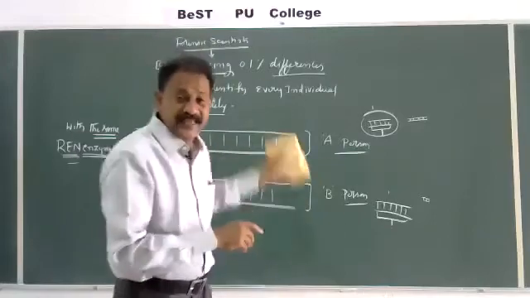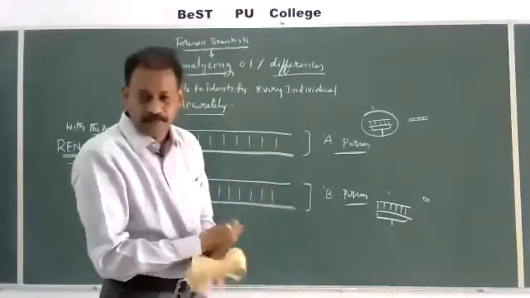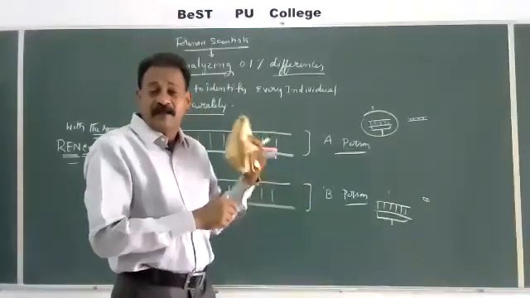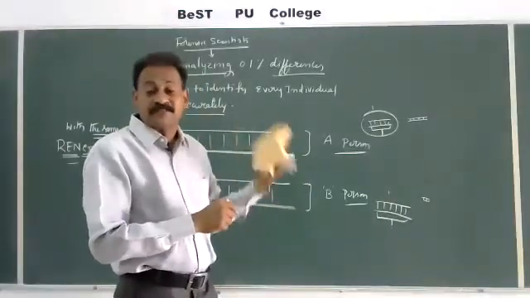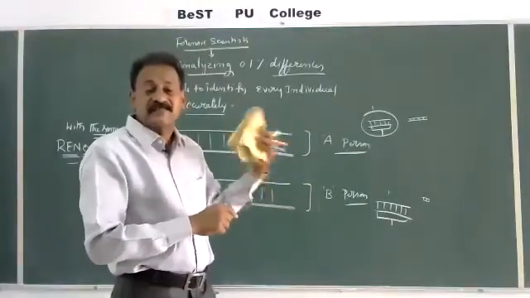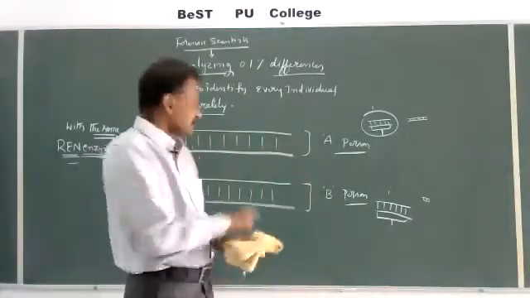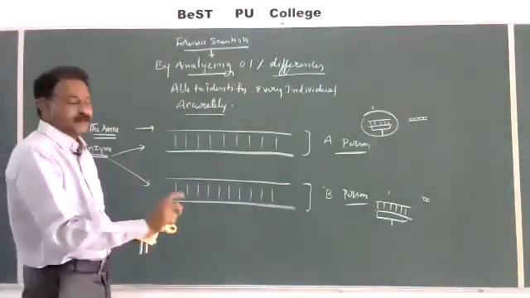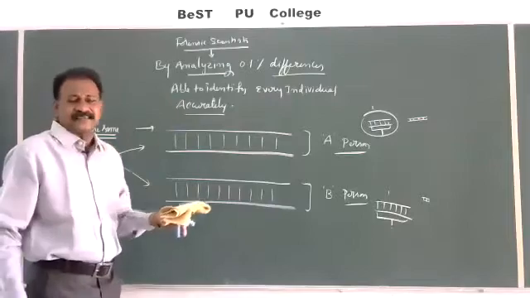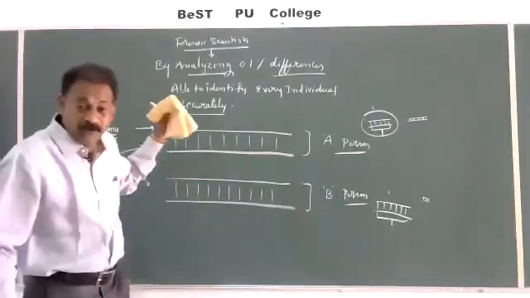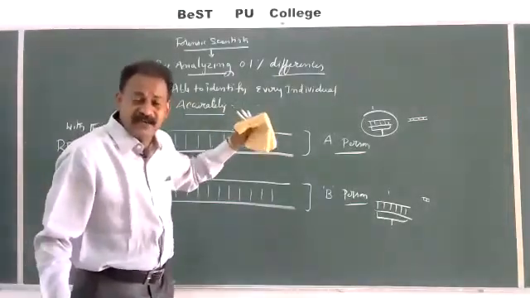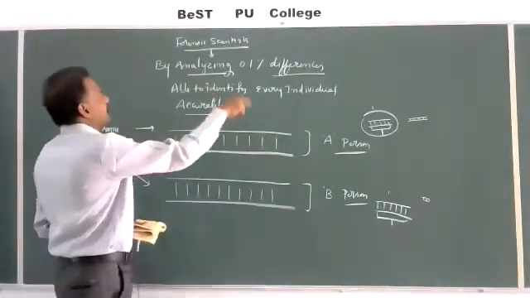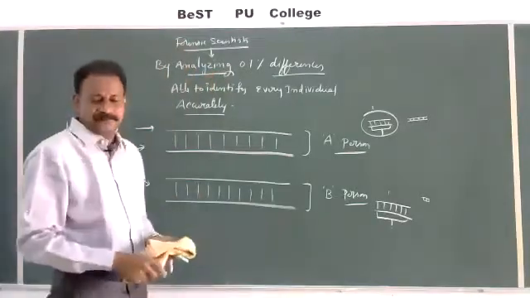And in this length, the repeated sequences are variable in number. All this is nothing but polymorphism. Poly means many, morph means forms: many forms. So that is the main concept. Every human being has their own DNA sequences, and the variable number of tandem repeats are specific for every individual. By DNA fingerprinting, we are going to analyze that.